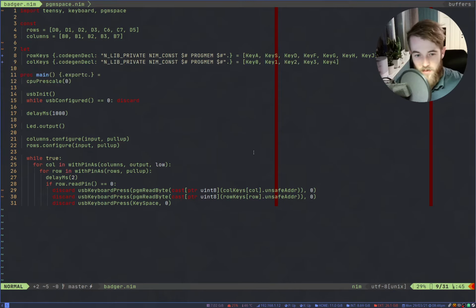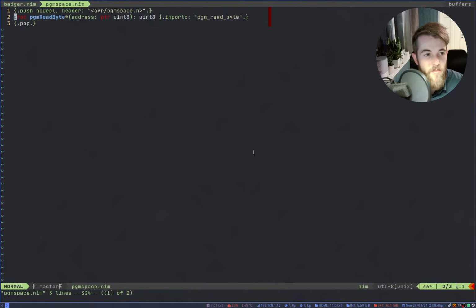So we obviously don't want to have this. We don't want to have these pgm read byte things in our code. It looks ugly. So we are going to add some more macro magic here. But before we do that,